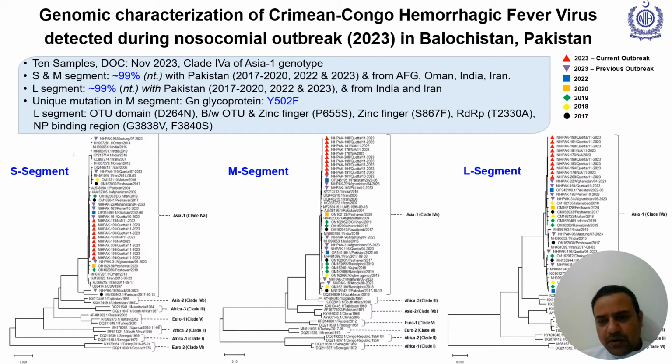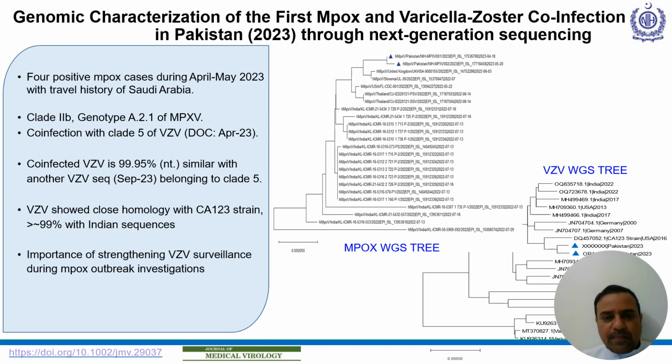previously we used to do partial sequencing of CCHF virus based on the S segment. But with partial sequencing, you cannot determine recombinations or mutations in other genes. So again, using this metagenome approach, we managed to sequence the whole virus, and we also found some unique mutations in the M and the L segment. So again, this highlights the importance of doing next generation sequencing or whole genome sequencing of different viruses and pathogens.